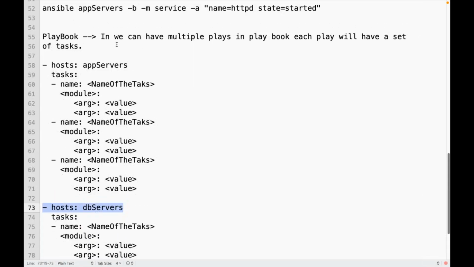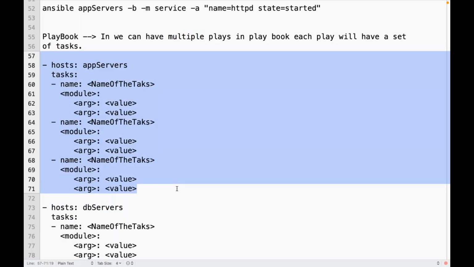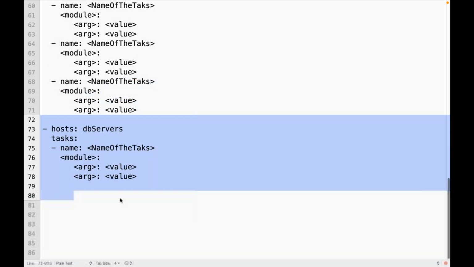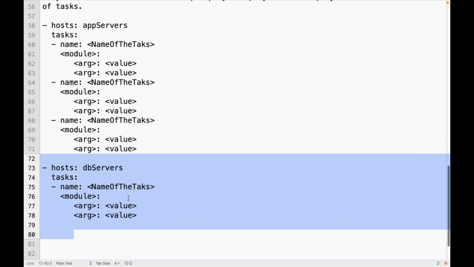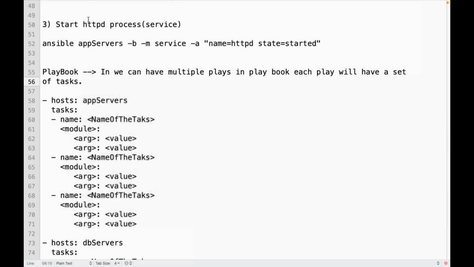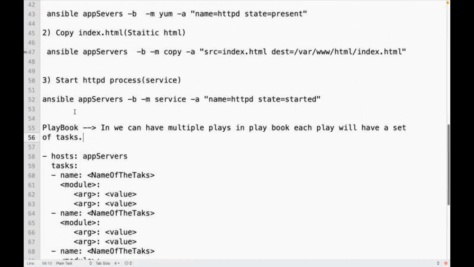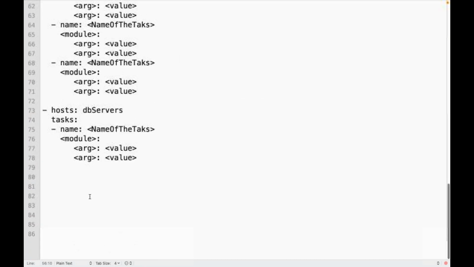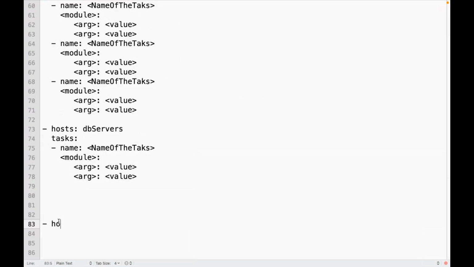So in a Playbook, we can have multiple plays. What is a play? This is one play. This is another play. Each play can again have a set of tasks. Those tasks will be executed against a set of hosts. So I can write this like this: hosts,